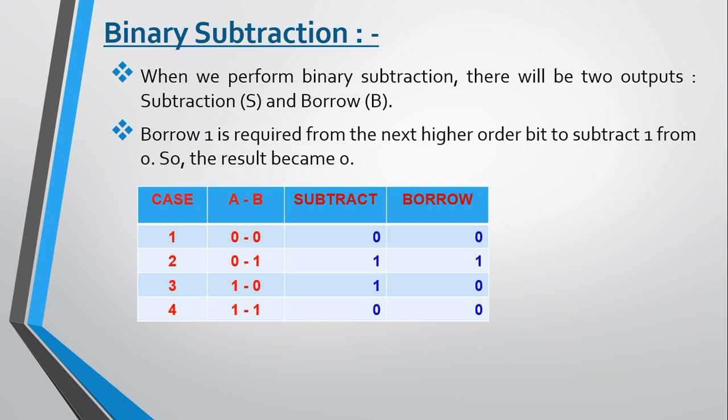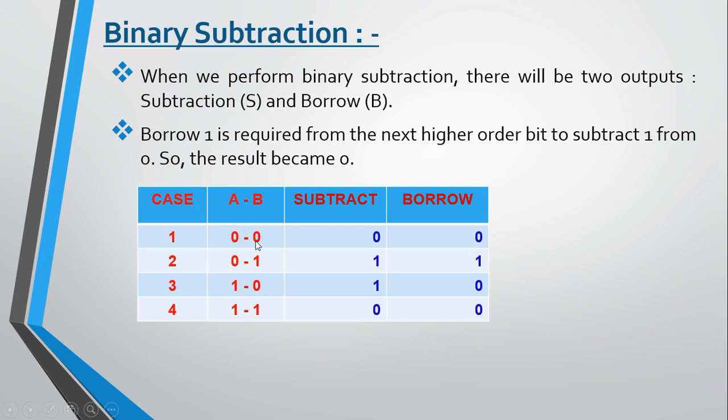Be careful. I want to repeat that point once again: if you have not remembered this table, you are not able to perform binary subtraction. So you need to memorize this rules table. Then and only then can you perform binary subtraction. Let me repeat this table once again, because our sum is based on this table only.